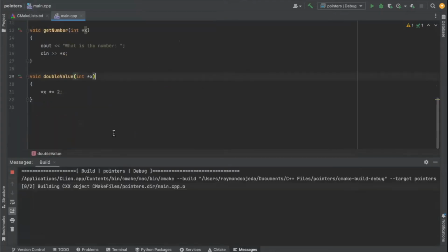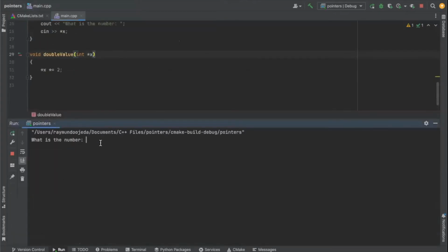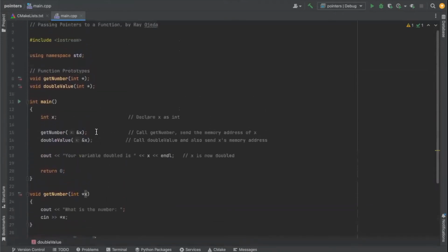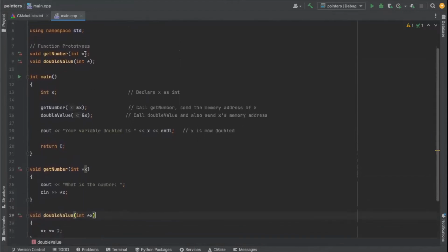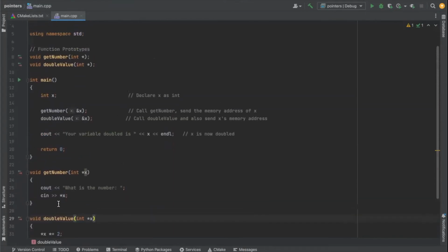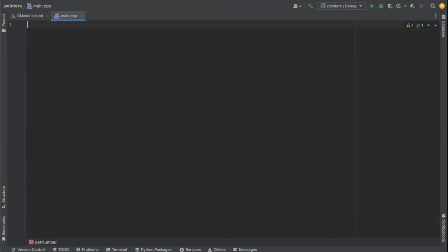So how does this look? What is the number? I'm going to do 4, and the variable doubled is 8. 4 times 2 is 8. And that is how you pass a pointer to a function. This is the trick. With an asterisk, you send an ampersand. Don't forget that. We're talking memory addresses, not regular variables. Okay, so